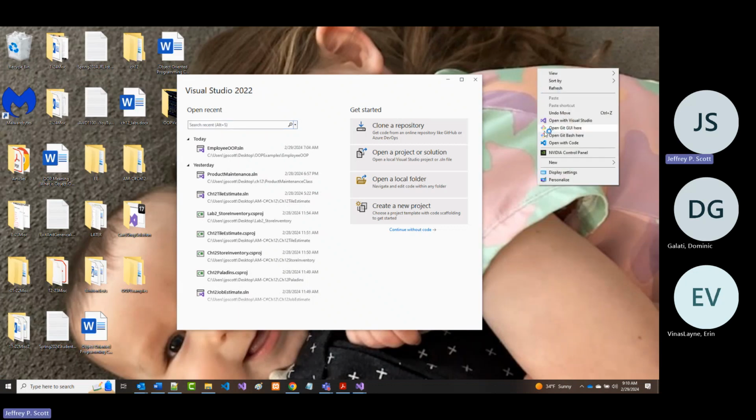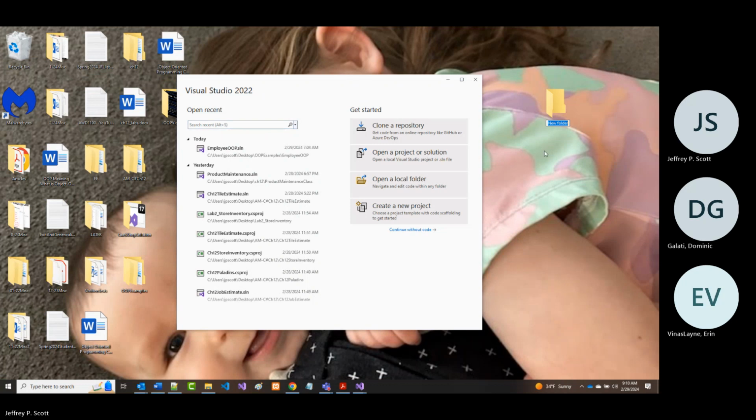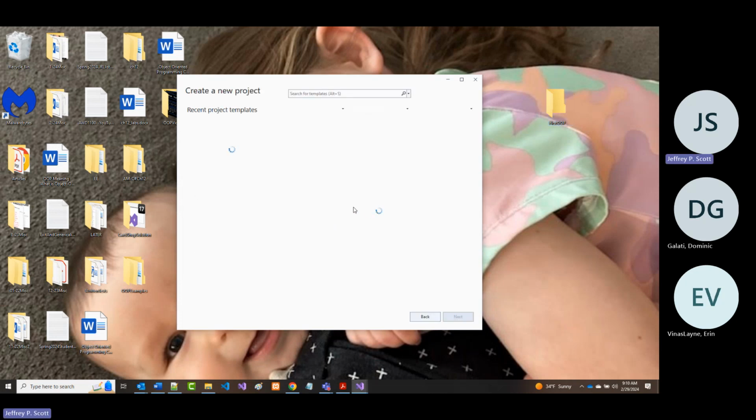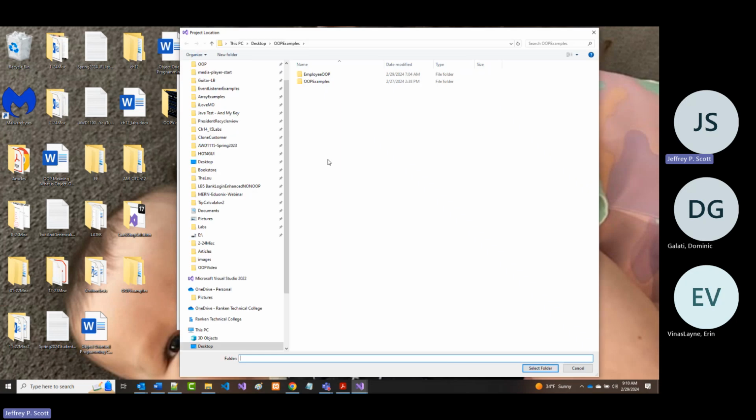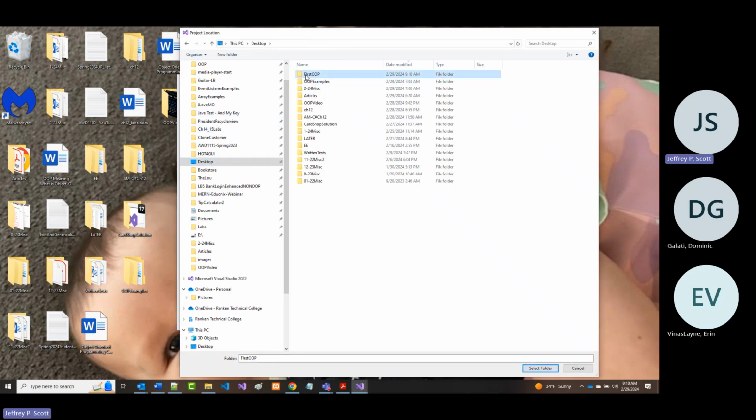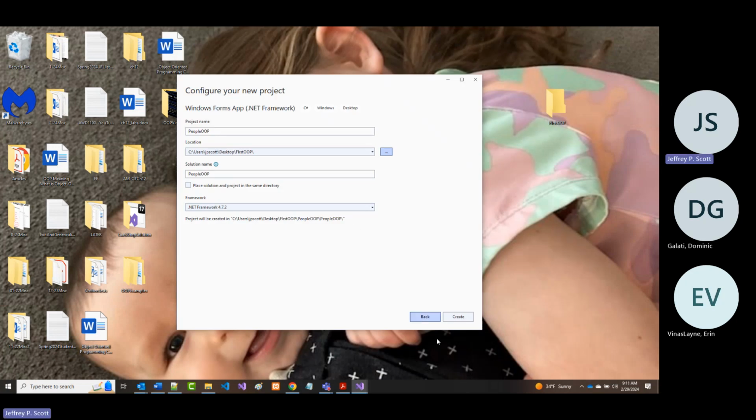All right, and I'm going to create a folder, and I'm going to call it first oop. All right, so it's going to be the first one that we're going to do in here. And since I am literally doing it off the top of my head, I'm hoping it's going to work the way I want it to work. All right, I'm going to come in here. I'll make it a Windows Forms app. All right, and I'm going to call this people oop. All right, and that's all that's going to be in here. So I'm going to also save it, and I'll put it in the first oop folder. All right, so click create,